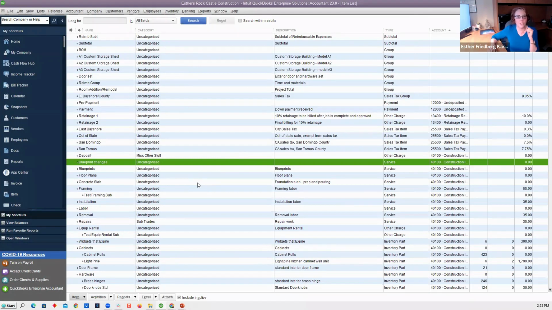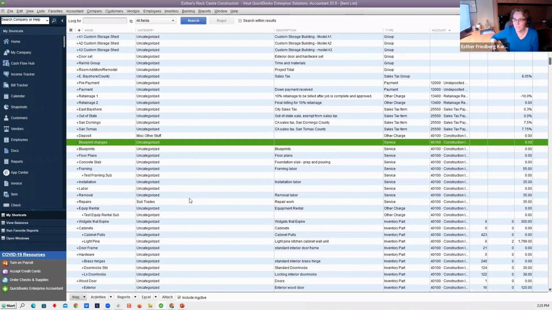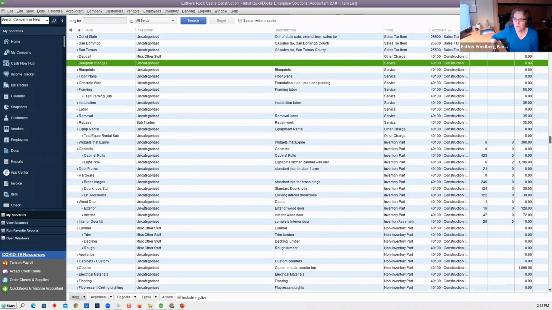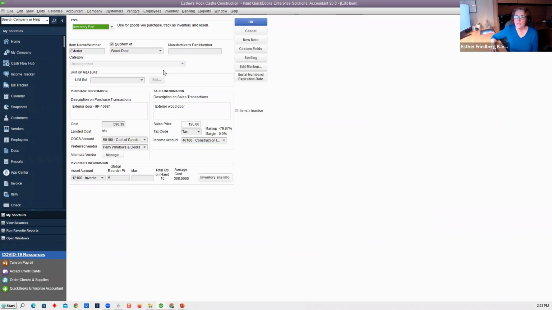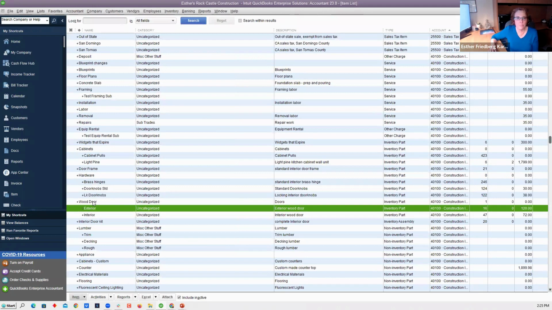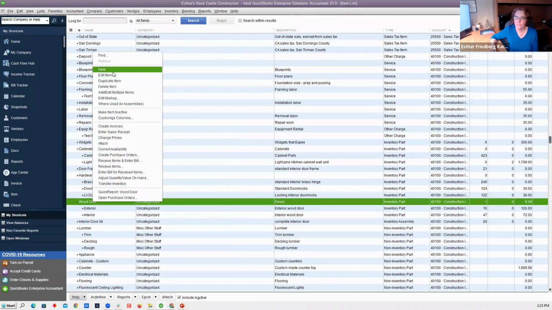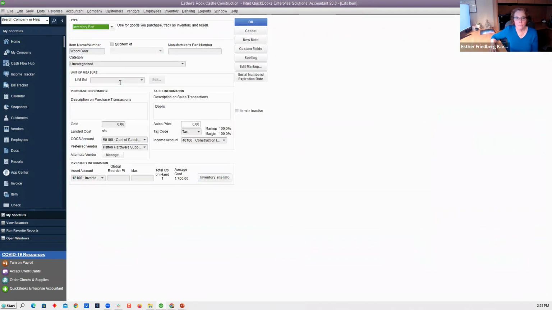Now, if I want to go into a sub-item and categorize it, I'll show you something in the wood doors. Where are my wood doors? I'll take the exterior. Let me right-click and edit it. You can see the category is grayed out. It doesn't let me do anything. But if I edit the parent item, it does let me do it. But if I were to do this, it wouldn't change the category of any of the subs, which is kind